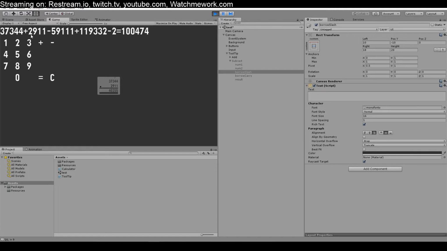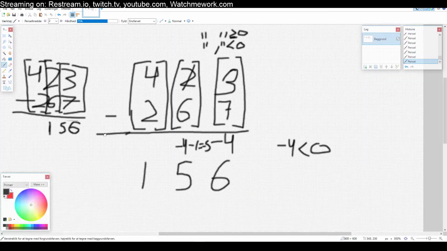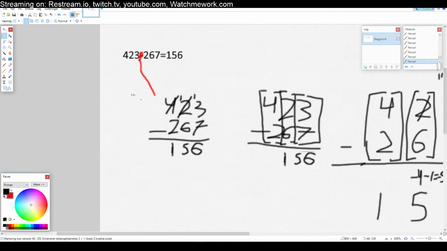37,344 plus or added 2,911. There's one carry, so it sets everything up for you like that. For the subtraction, that's not fancy enough, dude. But for the subtraction, it would also set it up like this. And like